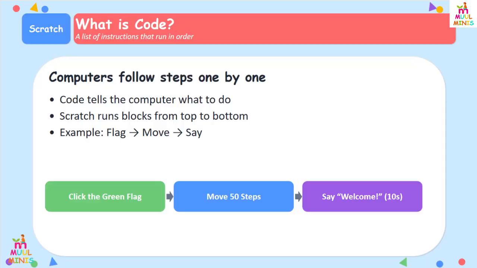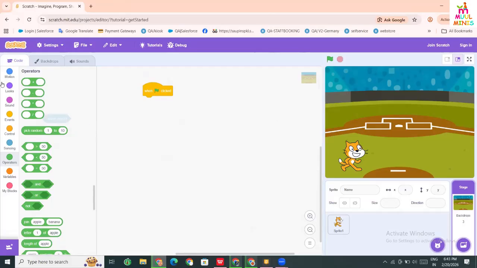Next is what is code. It is like giving the computer a list of instructions to follow step by step. Imagine you are a robot and you have to follow a list of commands. Code tells the computer what to do, like move 50 steps or say hello. Suppose I'll create a very simple